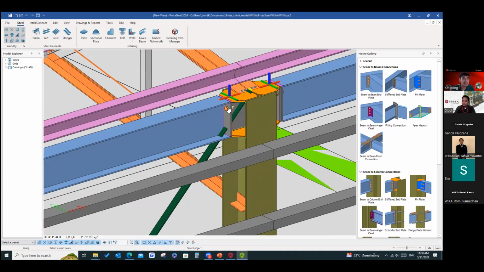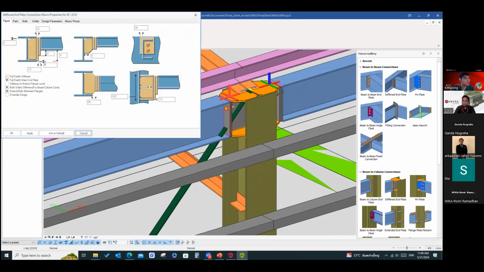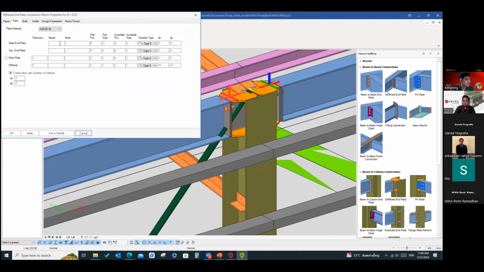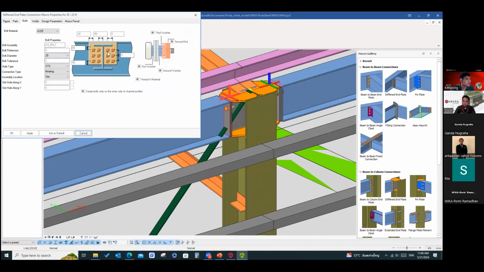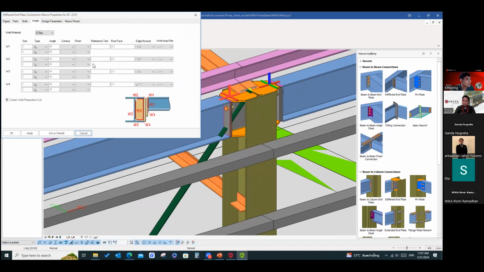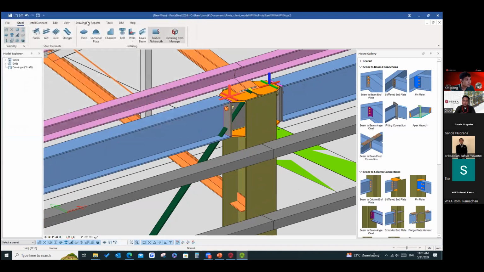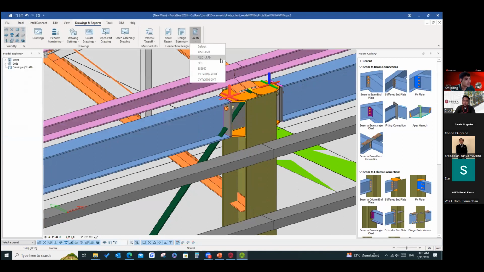Done. And you can adjust anything you want, the sizing of each parameter, the thickness of the stiffener plate, the bolt sizing, the weld sizing. And it will show you on the report like this.